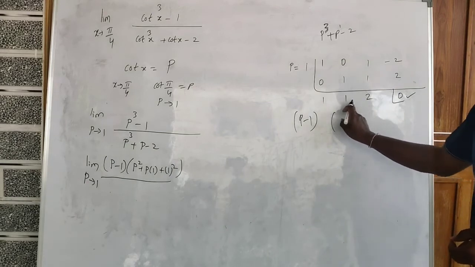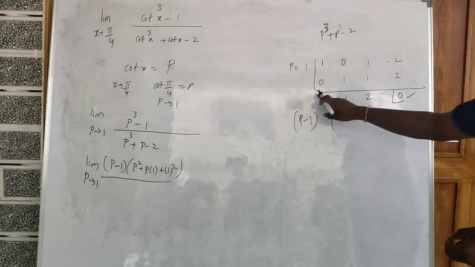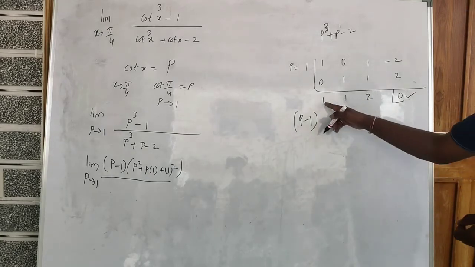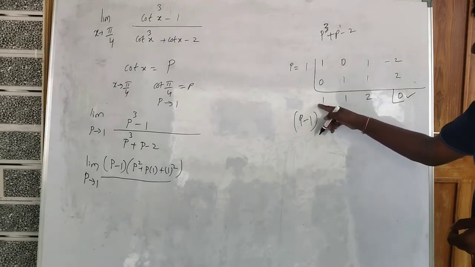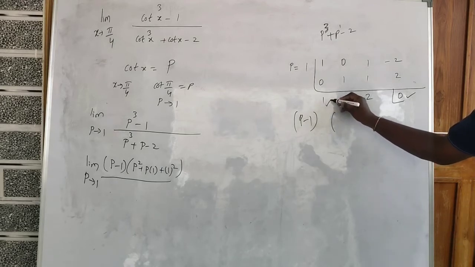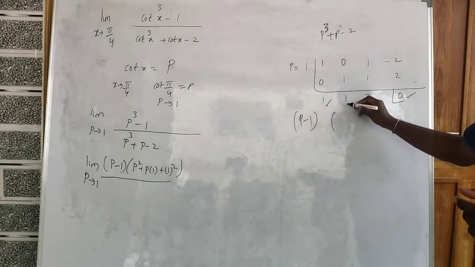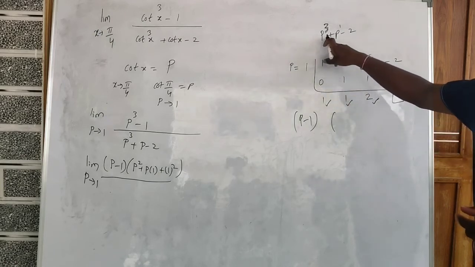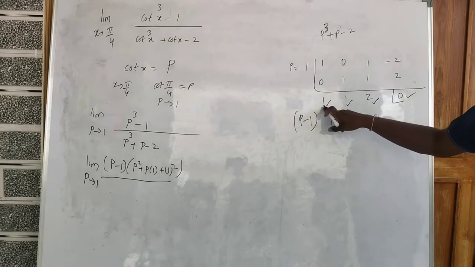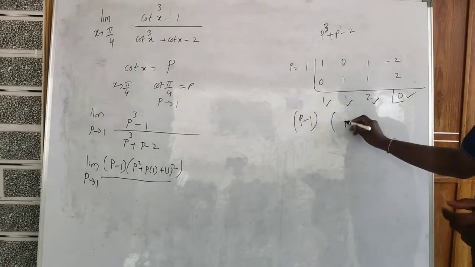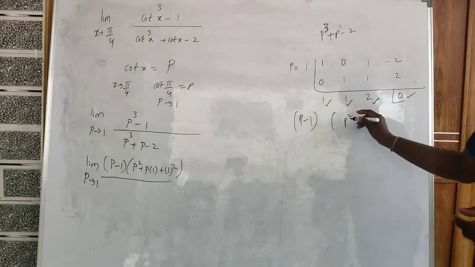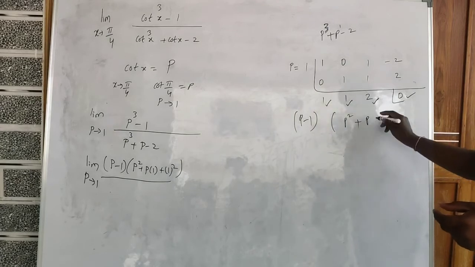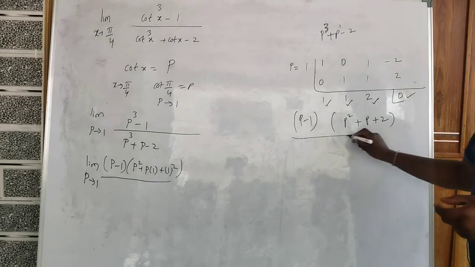Another one, this is whatever is left. Again you can do it in this method, or it is already in the second degree. So directly write down: this is the p square coefficient, this is the p coefficient, this is the constant. Means third degree is converted into second degree, and the p square coefficient is 1, and plus, the p coefficient is 1 and the constant is 2. So this way we can do it.